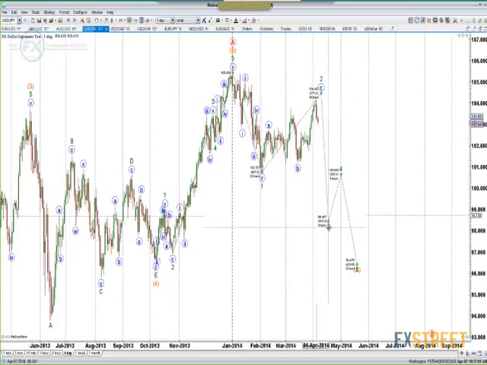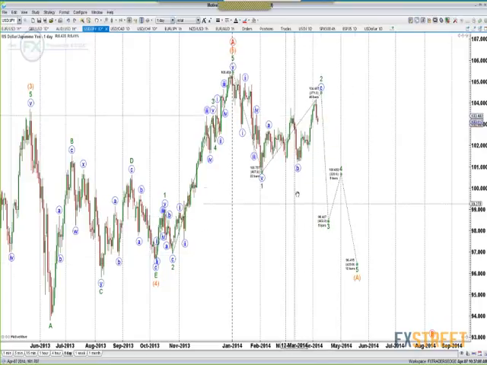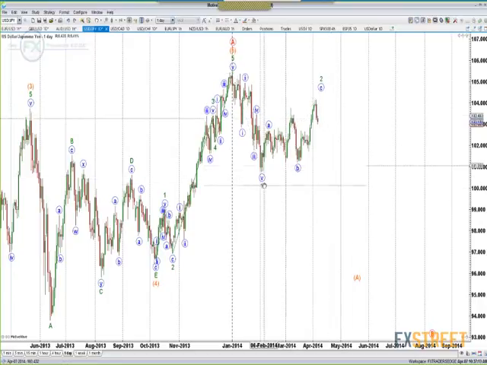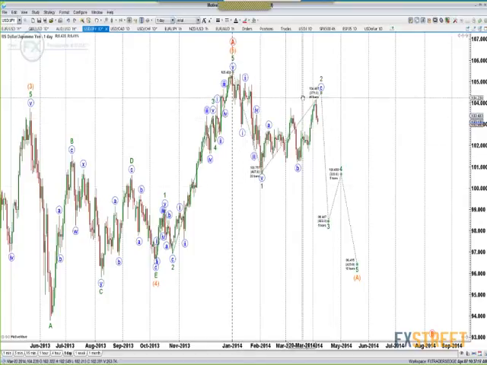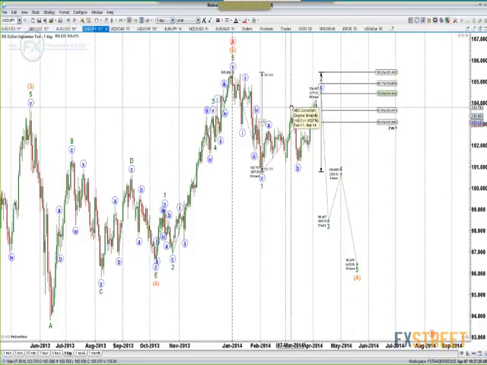After the wave 1 green, we have the wave 2 green. The wave 2 green has 3 waves inside, and this is the daily chart. Also, we can find a relation between the wave 1 and the wave 2 in terms of Fibonacci. The retracements for the wave 2 are the 50% and the 61.8%, where exactly the price rejected on March 7th,